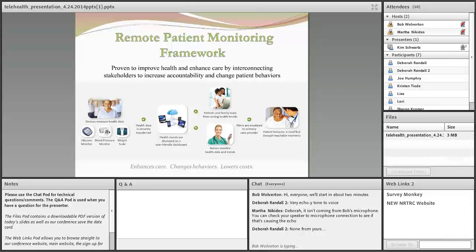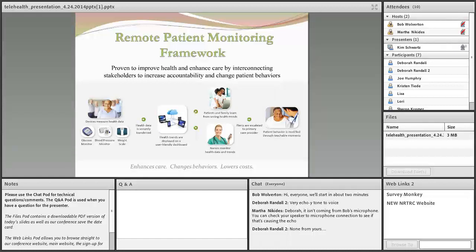So each patient has their own individualized plan of care and their own metric. So if my blood pressure isn't an issue, but my sugar readings are, as we say here in the South, our sugar reading, we actually can individualize that plan of care. So that's how an alert is generated.